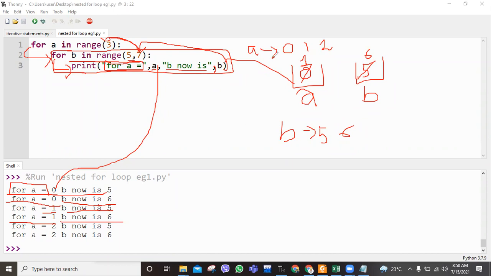The same process repeats until the outer range value is out of range. That is, it executes when the value of a is 0, 1, and 2. After 2, your loop gets terminated, so there are no more values for a, only up to 2.